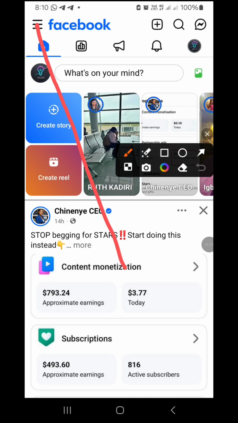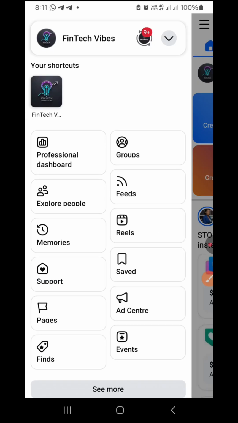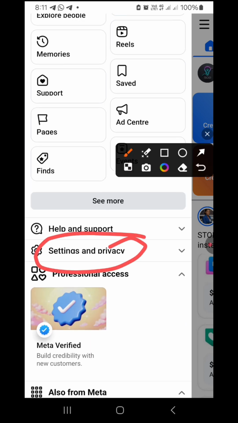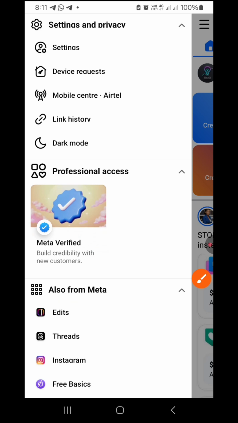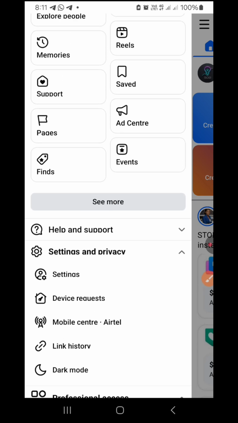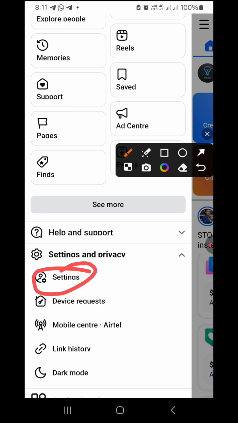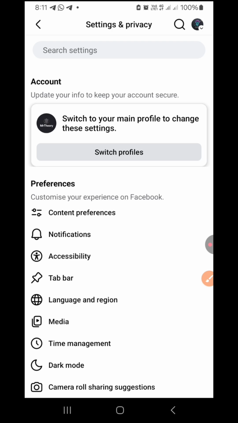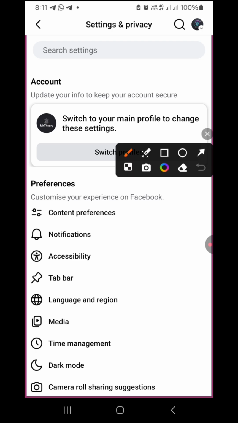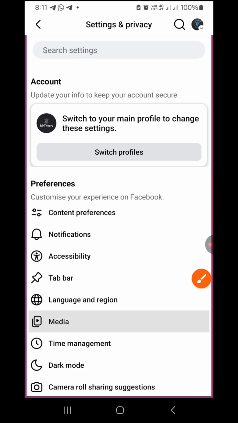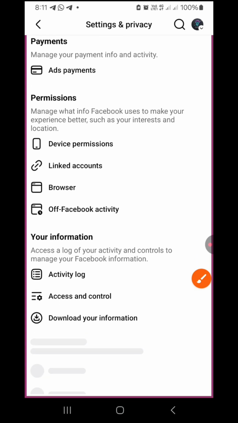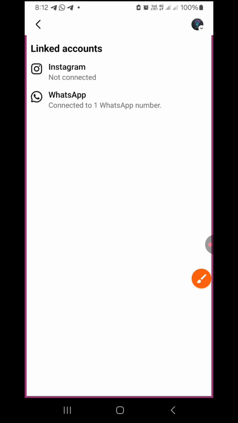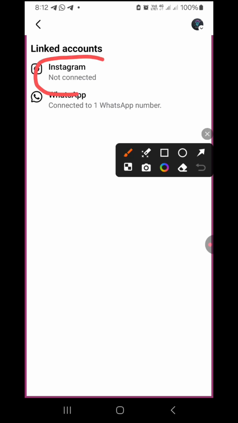So once you are here, you go to the menu. Once you click the menu, it brings you to this page. You scroll down and click settings and privacy, and then you click settings. Okay, and then you search for link. You can use the search bar here, or you just scroll down and look for linked accounts, and then you click Instagram,